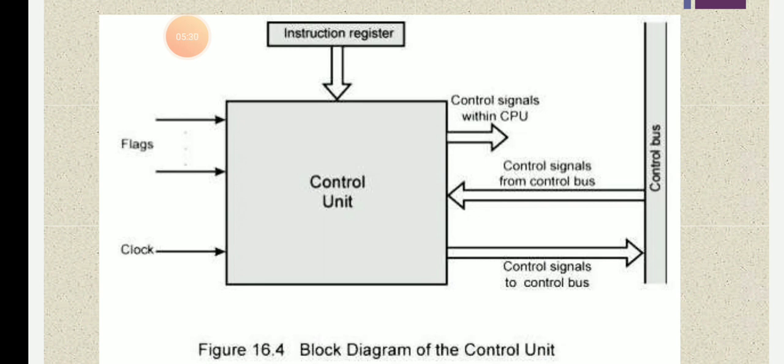So it also manages and coordinates all the units of the computer. You can manage and you can coordinate. So this is also the second function of the control unit. Third, it obtains the instruction from the memory, interprets them and directs the operation of the computer. So instruction from the memory, it interprets and directs.